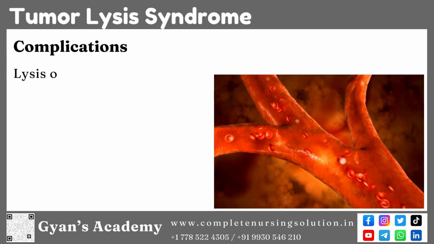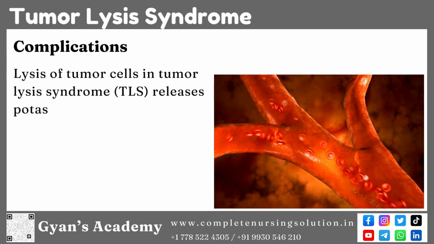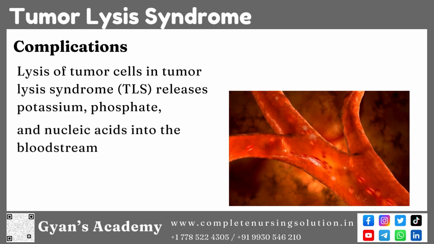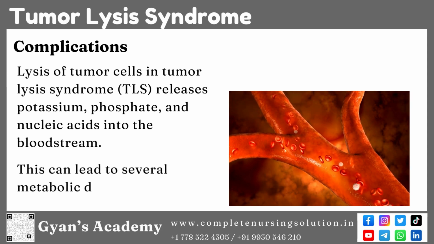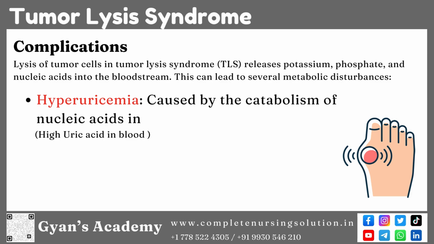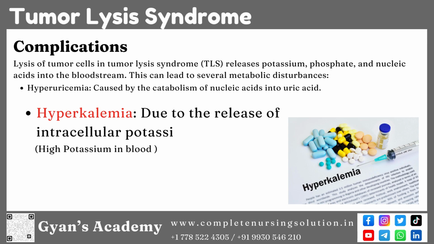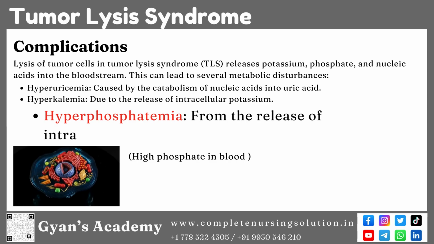In tumor lysis syndrome, the lysis of tumor cells releases potassium, phosphate and nucleic acid into the bloodstream. This release can result in severe metabolic disturbances, including hyperuricemia caused by the catabolism of nucleic acid into uric acid, hyperkalemia due to the release of intracellular potassium, hyperphosphatemia from the release of intracellular phosphate,